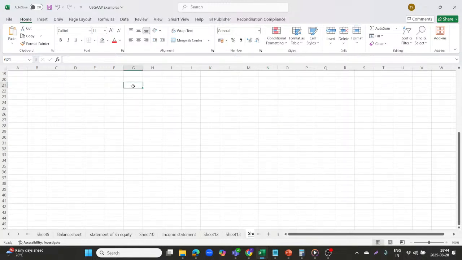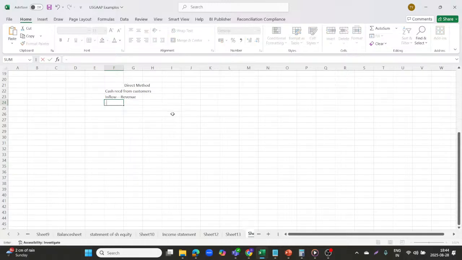Now we'll see the direct method and indirect method. In this way only you have to define the cash flow. So the direct method, you have to just start with what cash you have received from the customers. If there's an inflow, that will be revenue. So you say you have gained the revenue, and you will less